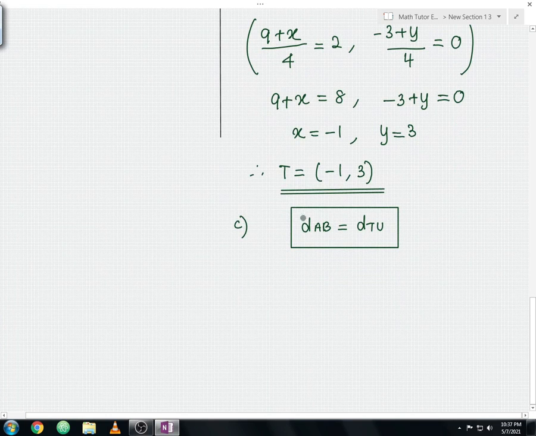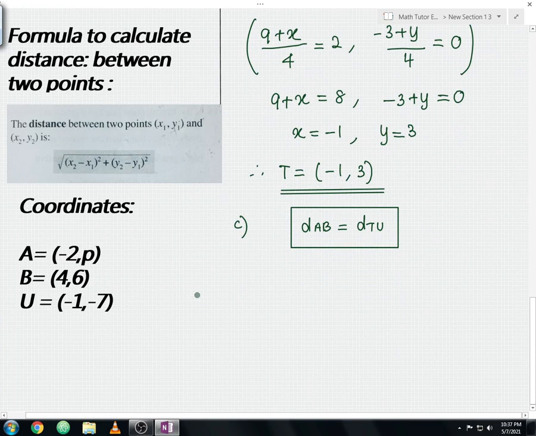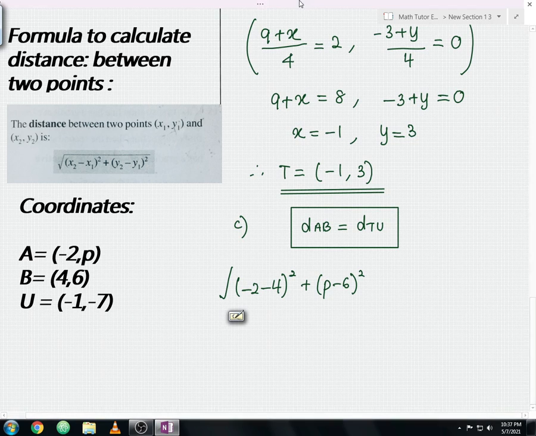So from here let us calculate the distance of AB. Let us start with the x part first. Negative 2 minus 4 squared, and then plus P minus 6 squared, and then you square root it. So this is for the distance of AB, and then equals to, so let us find the distance of